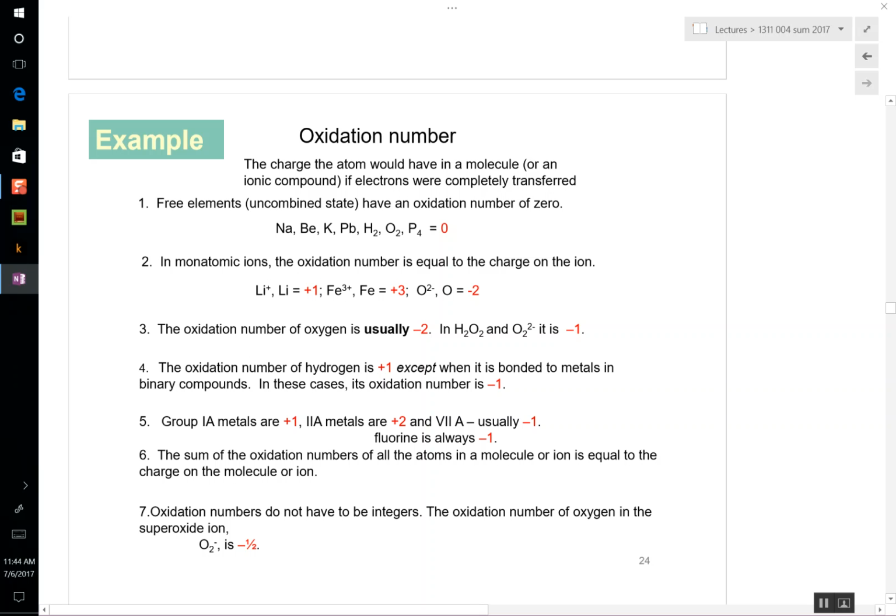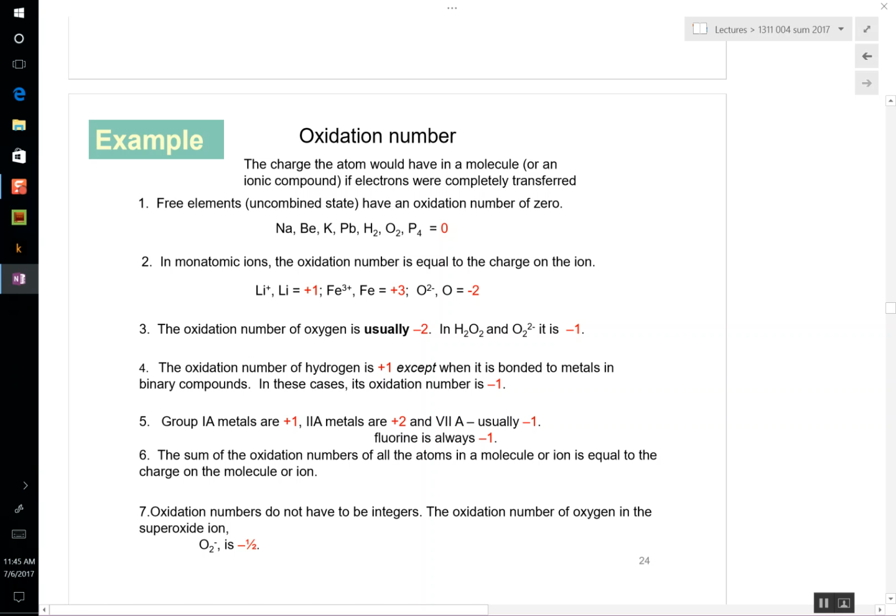We're now shifting away from acid-base reactions into oxidation-reduction reactions. But before we can really understand oxidation-reduction reactions,